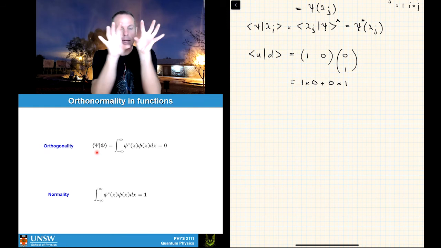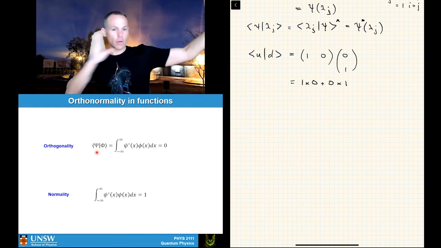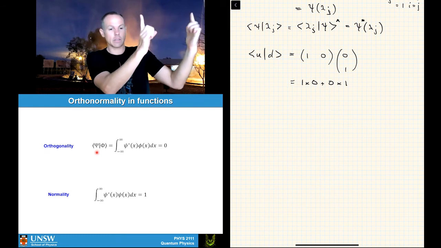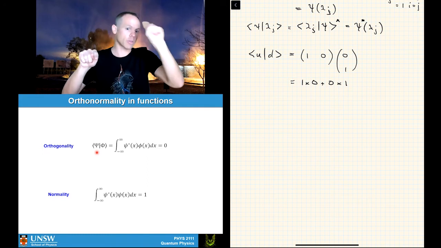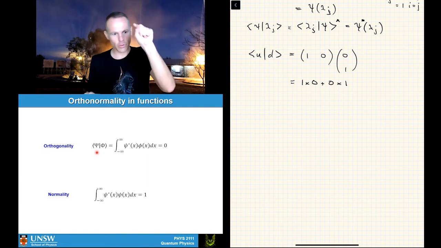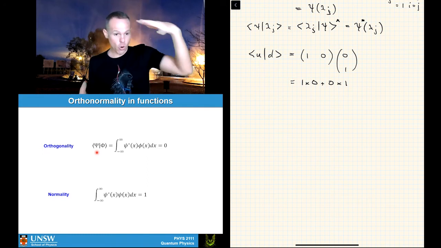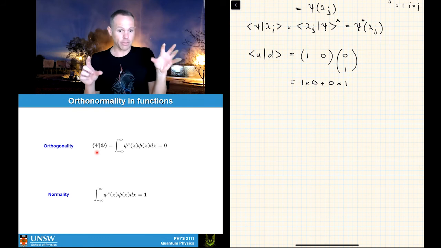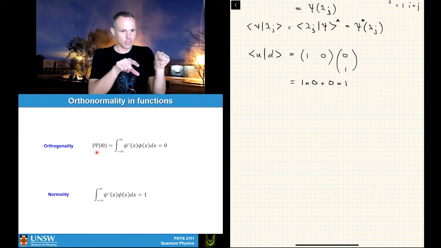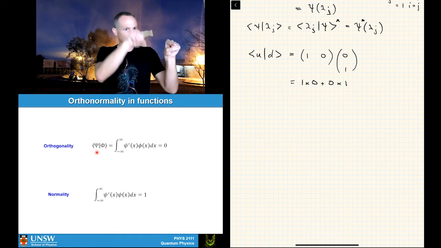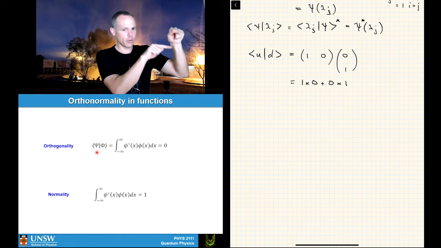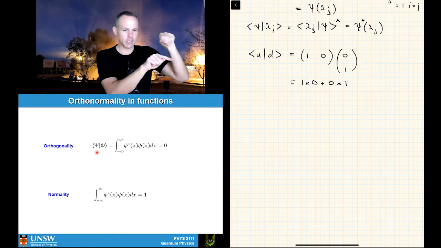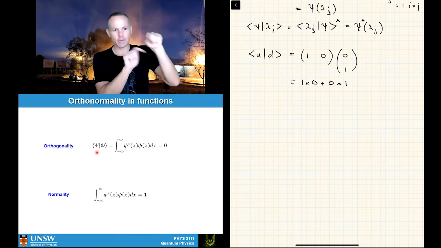And if you imagine now taking longer vectors, imagine you had a vector that's n long for your first state and n long for your second. It would be the first times the first, plus the second times the second, plus the third times the third, plus the fourth times the fourth, plus the fifth times the fifth, and work your way through that whole thing to get the inner product, right? If you now think about this in terms of functions, what you've got is this big string of numbers for one, this big string of numbers for the second one, and what you need to do is take the first number times the first number, the second number times the second number, the third number times the third number, and keep going all the way along.